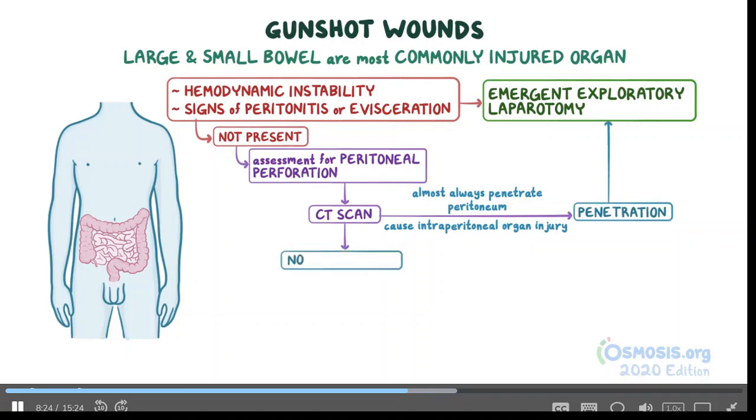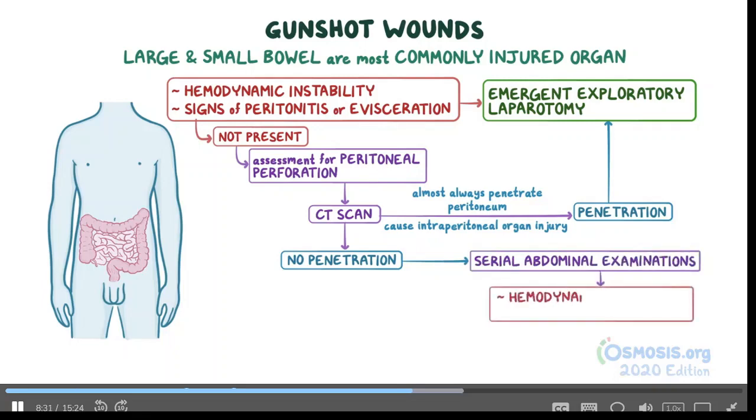Rarely, if there is no peritoneal penetration on CT, the individual is admitted for serial abdominal examinations, and if they're hemodynamically stable, have no signs of peritonitis or other injuries, then they're discharged. Alright, now let's talk about some specific